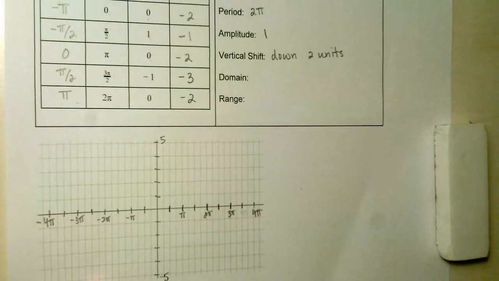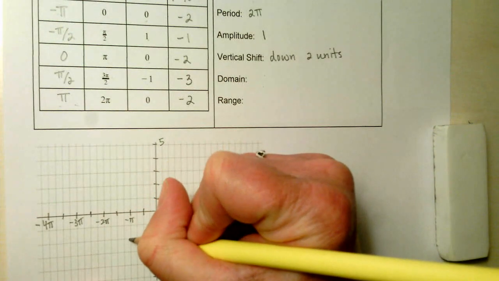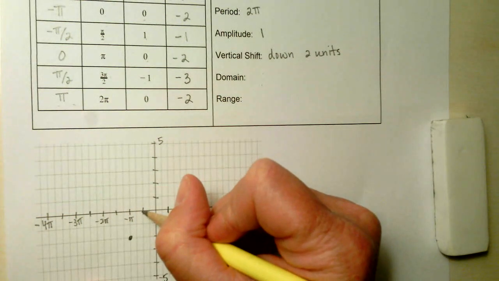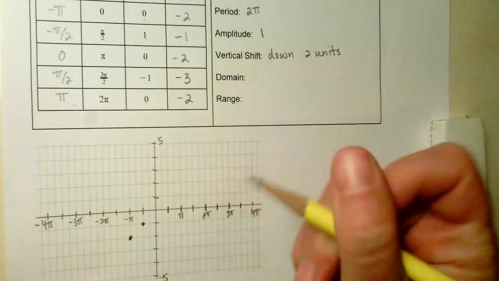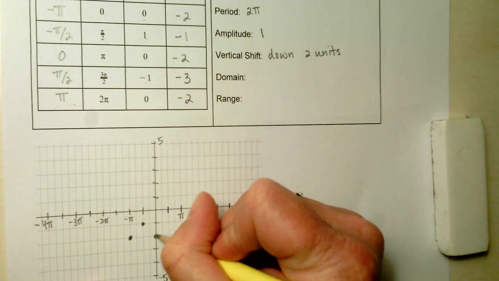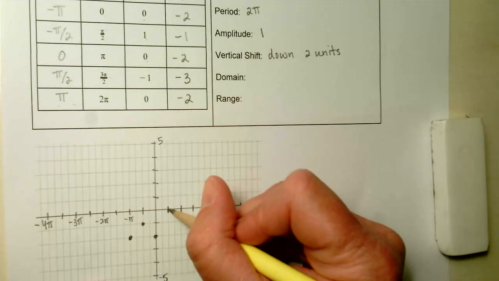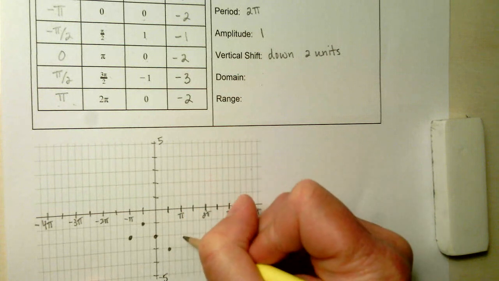Okay, so now I just need to plot these points. At negative pi, I am at negative 2. At negative pi over 2, I am at negative 1. At 0, I am at negative 2. At pi over 2, I am at negative 3. And at pi I am